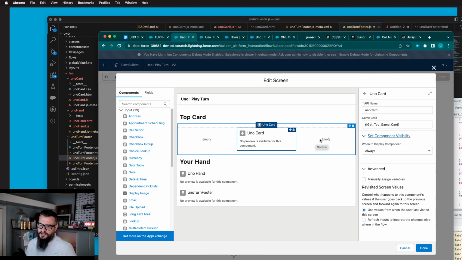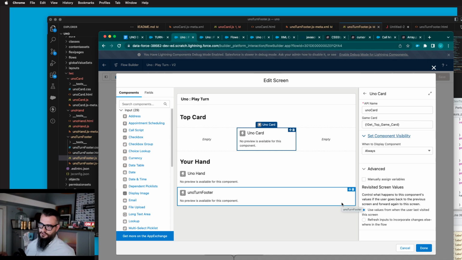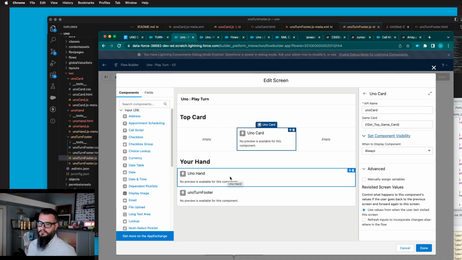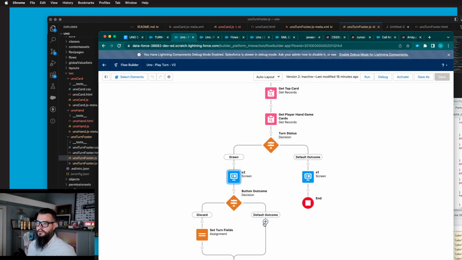It might not even need to be an Uno card. It could literally just be some UI, maybe an image of the back of an Uno card or something. Click on that, do flow mojo, come back here, and now because I've requeried,